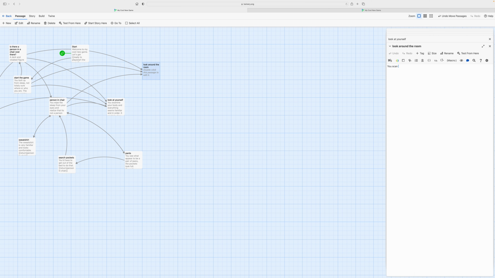You scan the room from your bed. You see familiar furnishings and pictures on the dresser that you recognize, or something like that. Right. And then